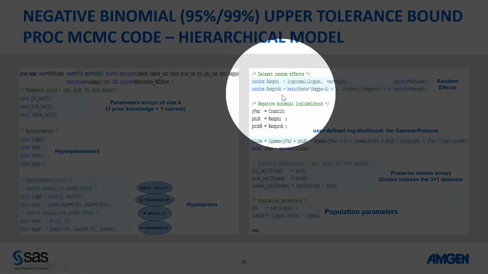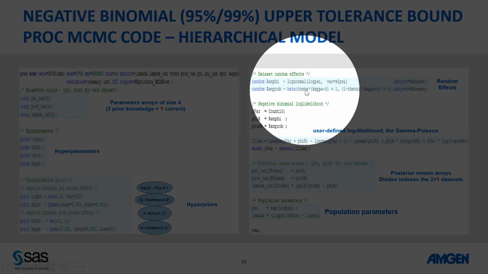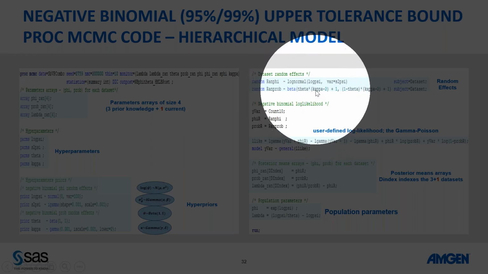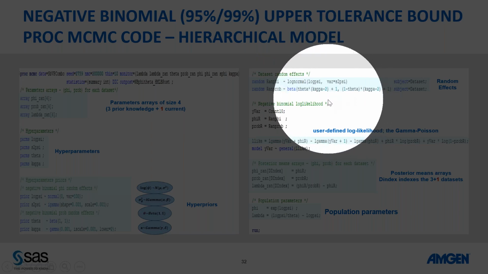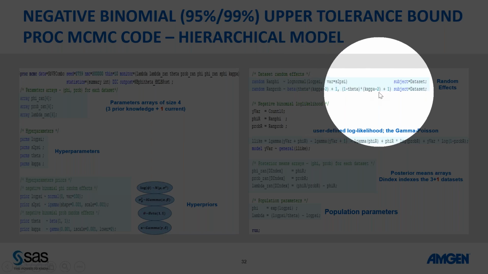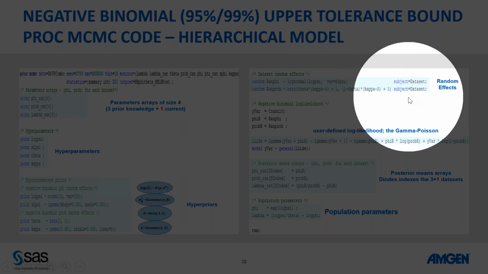Right. The random effect, essentially, we use the notation of rand phi to just remind ourselves it's a random effect for the phi and random for the prop. And then they have their normal and the beta distribution. And notice that the beta prior has that dispersion parameterization, the theta and kappa as a function of the two. And then we also always have to follow with subject equal to indicate the subject in the data set.